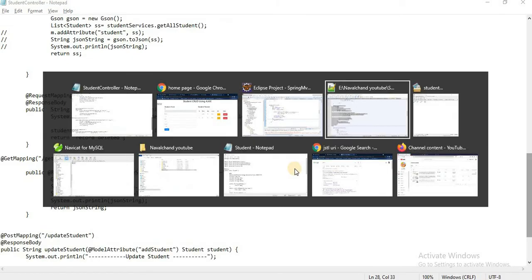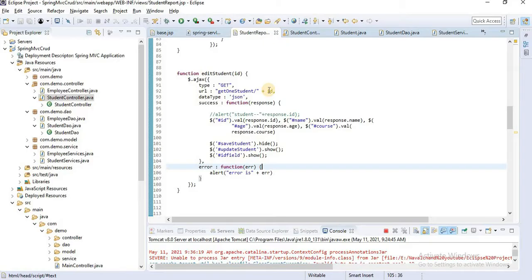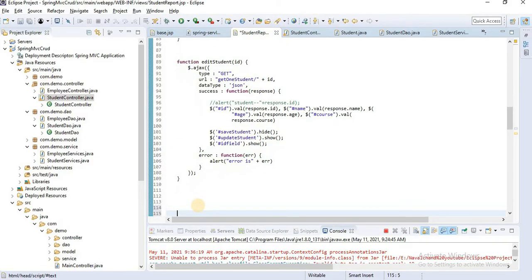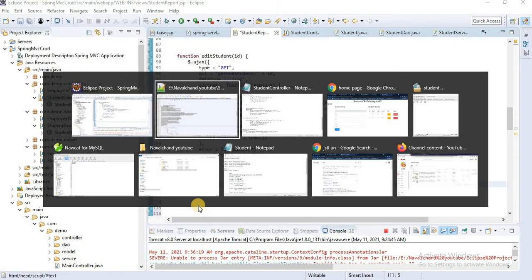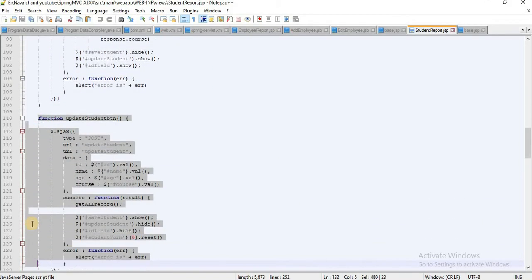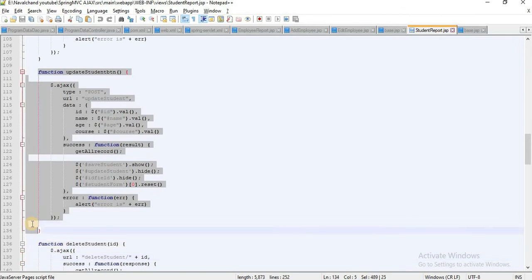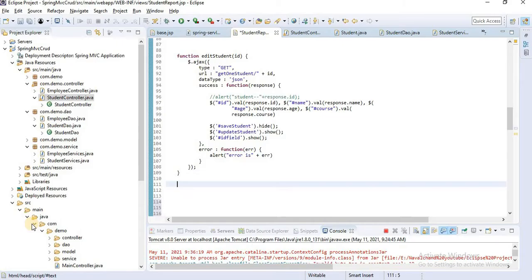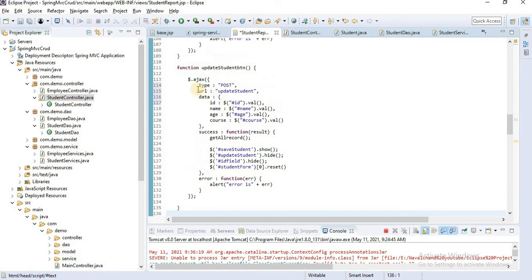Let's create a function for that. I'll simply copy that function from my previous code, update student. Here our code is the update student btn.